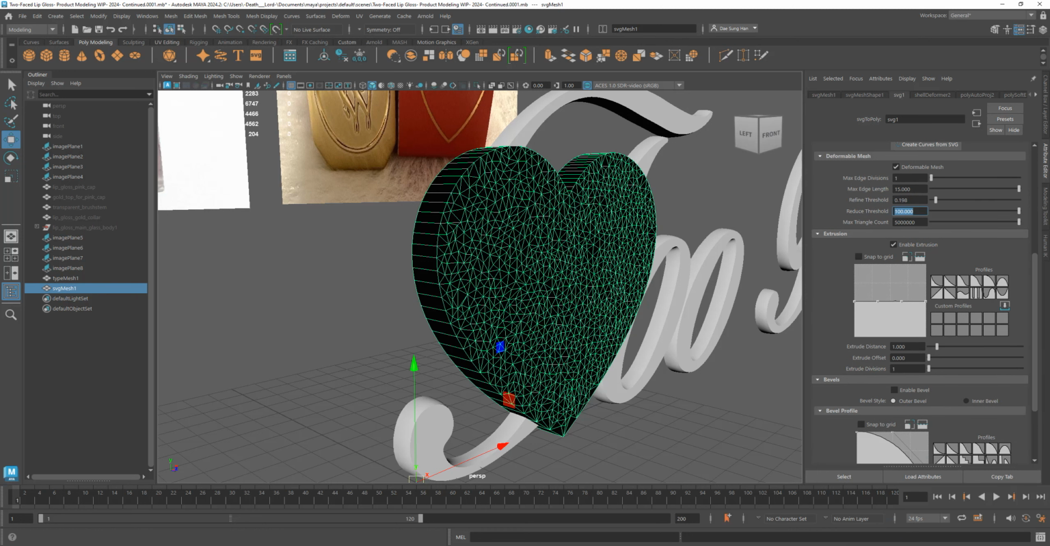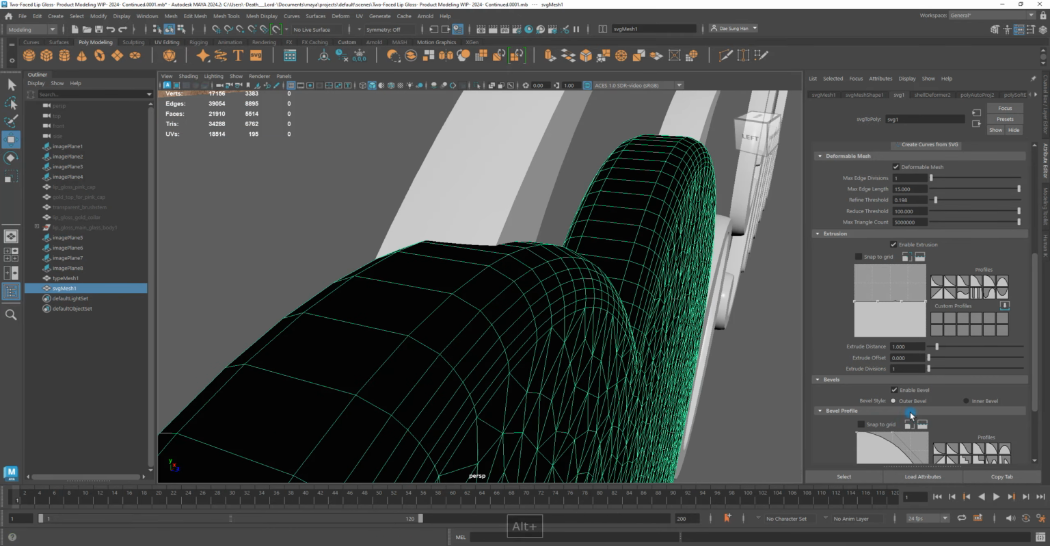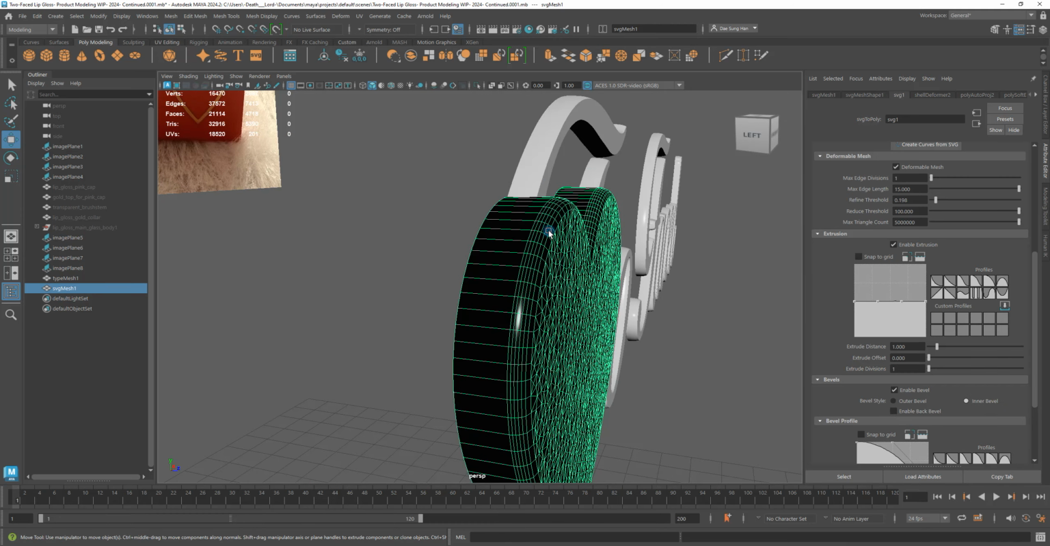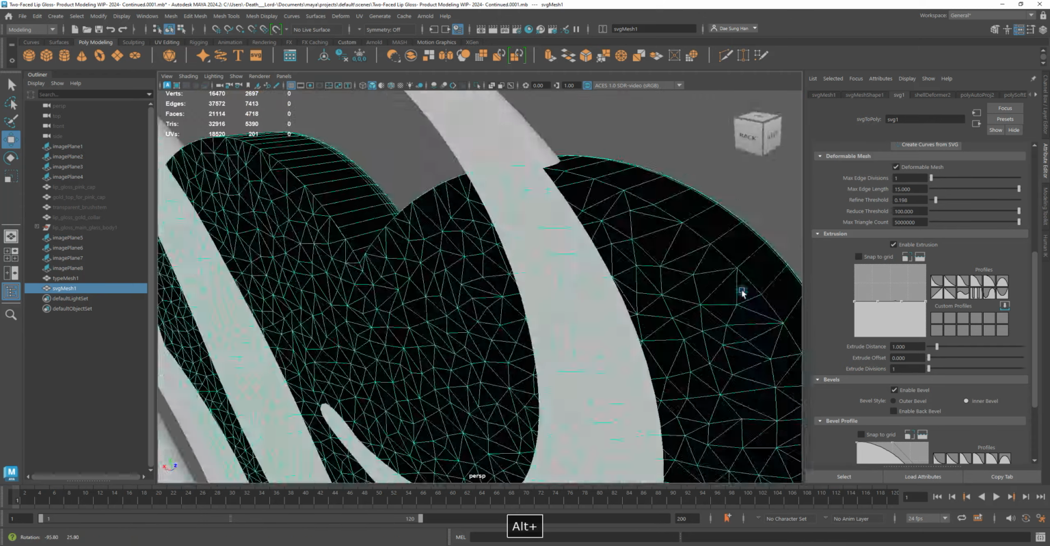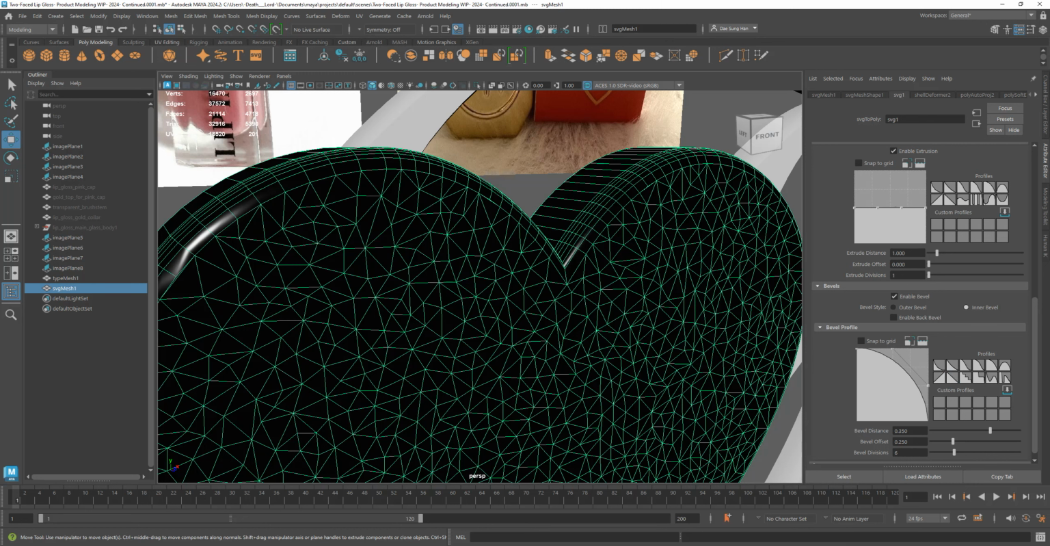From there, I want to turn on enable bevel. So here's that part, enable bevel, right? And by default we have it set to outer. I want to set it to inner, so it doesn't bulge out, but it bevels inward, maintaining the original size and shape. Inner bevel, enable bevel, inner bevel, and then after that